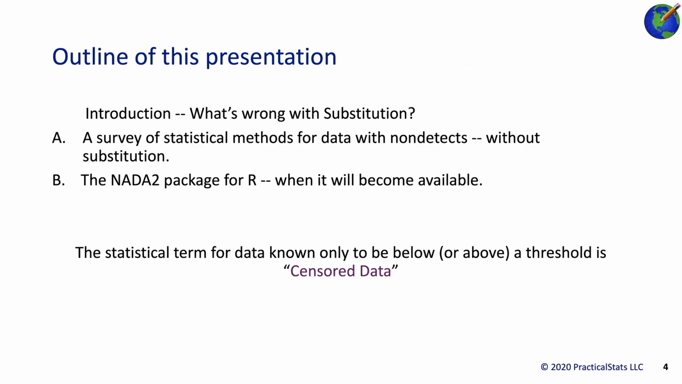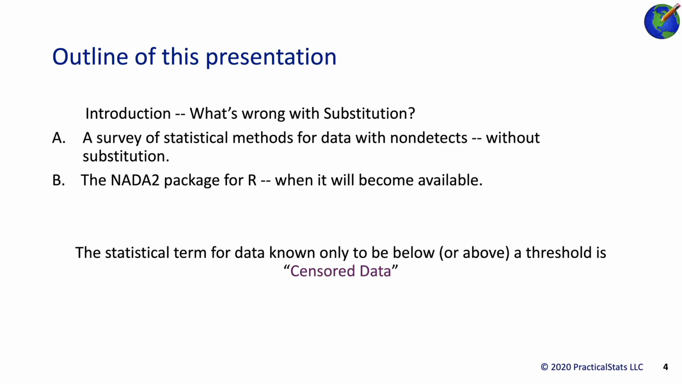All right, let's get started. I'm first going to start with an introduction, which is what's wrong with substituting things like 1/2 the detection limit. I'm going to make that really short. There's a webinar on that issue. There is a short video on our videos page at practicalstats.com, like a 15-minute video on the same topic. I'm just going to do a small piece just to remind you of that,